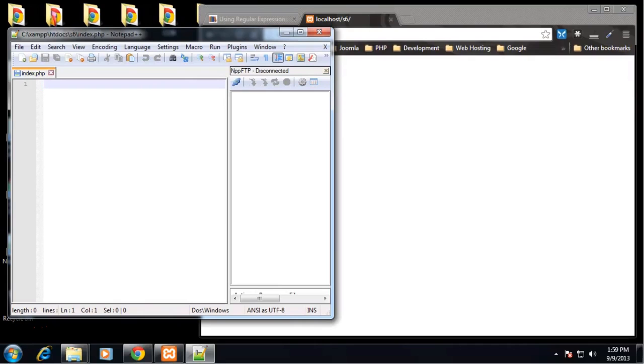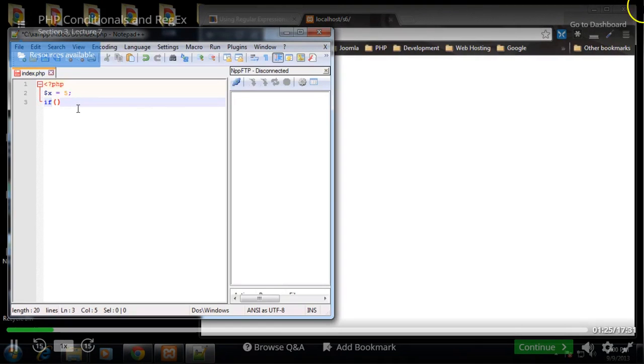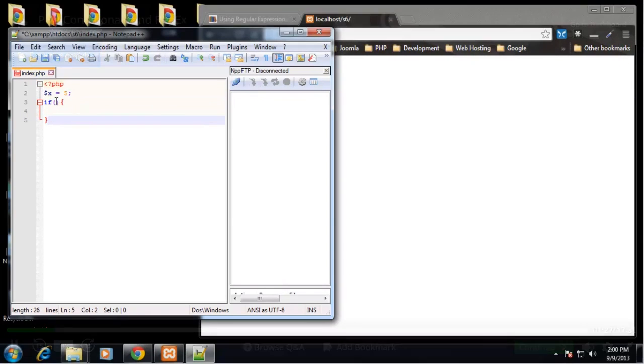We went over this in the JavaScript section, and PHP isn't much different. So we'll go through this real quick. So I'm going to open some PHP tags, and I'm going to create a variable of x and set that equal to 5. And we can open up an if statement. So same format as we did in JavaScript. So we're going to say if x is greater than 2, then we will echo out